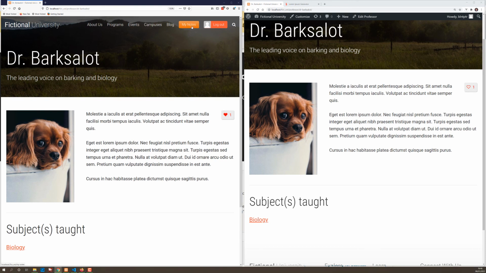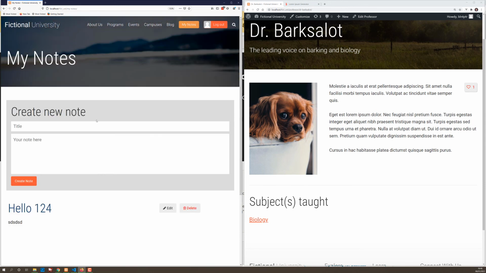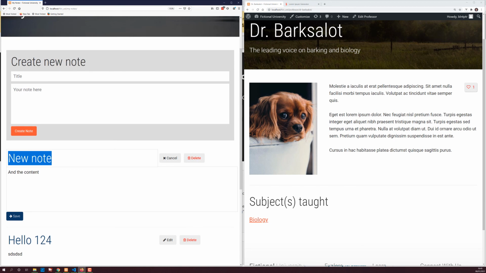And you also learn how to restrict your WordPress REST API in order to only allow users to fetch data and manipulate data that they're authorized to do so. So here's the My Notes feature. Let's go here, check it out. So you can just create a new note, say new note, and the content. It's created. Obviously it's persistent, so if we refresh it, it's there. You can edit it here in a nice custom editor. Let's call it new note 2 and content 2.